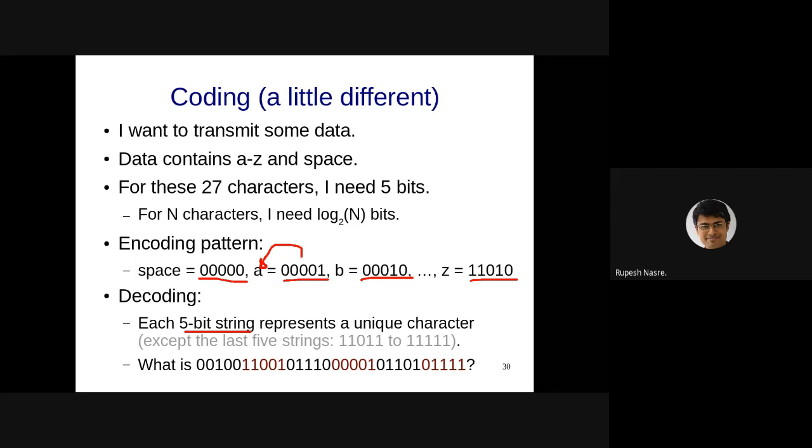That means that we are on the same page with respect to this. But in case this is not clear, please ask. Is the encoding and decoding clear? You are given a message, let's say dynamo, which you want to convert to a bit string. So D you are going to represent as 00100. That is the first 5 bits. Then Y is 11001. So you just concatenate all these bit patterns of 5 bits each. And that becomes your message, which you can transmit because the transmitter understands only binary.